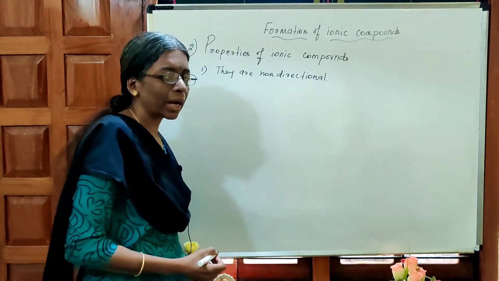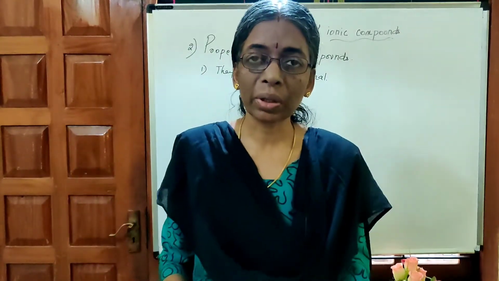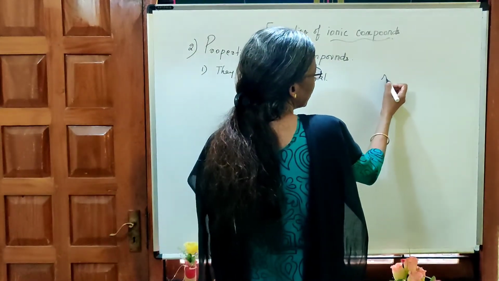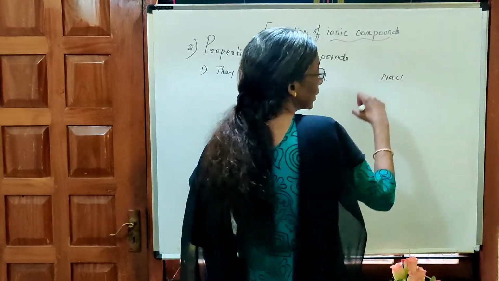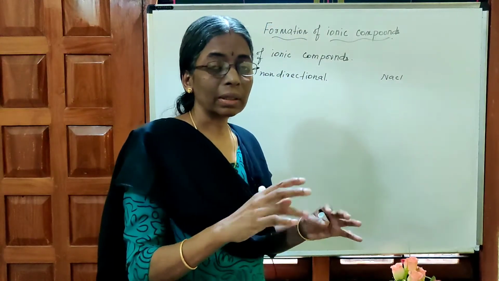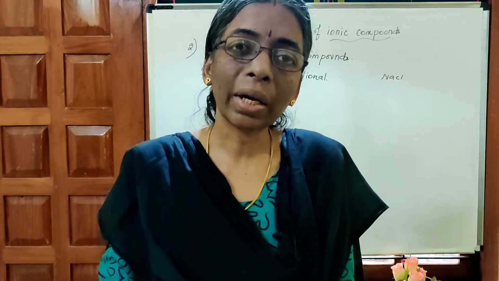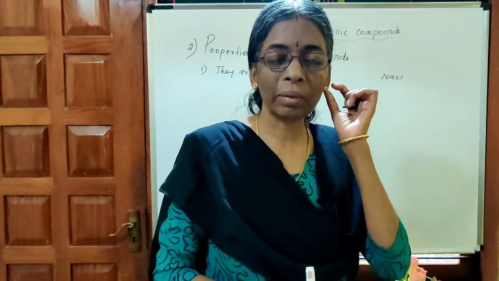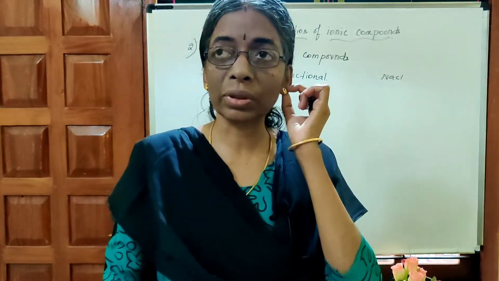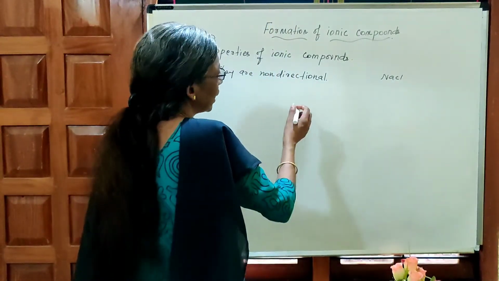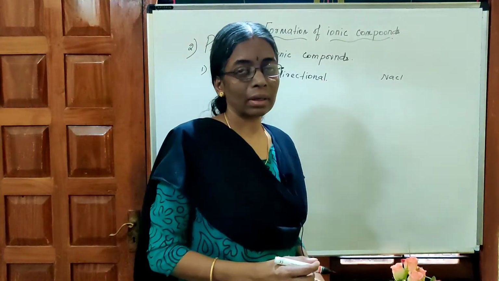Normally you don't get ionic compounds as discrete molecules. For example, NaCl: if you take one Na and one Cl, you won't get it like that. It will be in the form of a lattice. So for ionic compounds we use the formula and calculate the formula mass. Here NaCl is one big lattice. We will study lattices in solid state in +2.